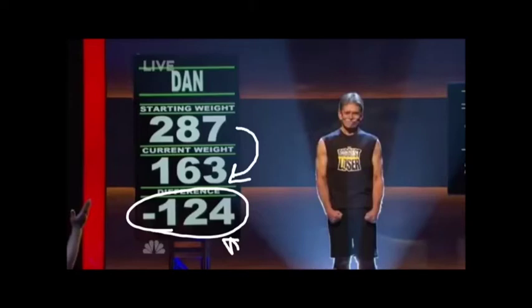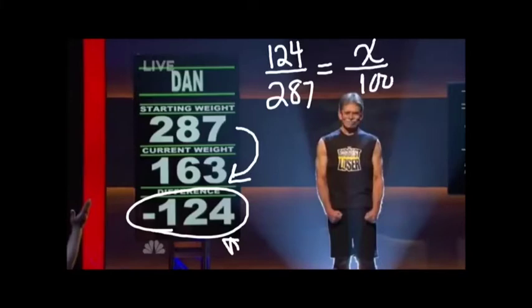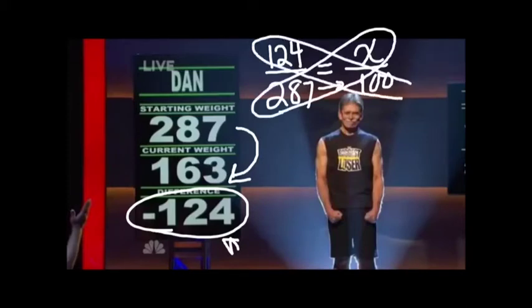To figure out this percent change, we take the change, the difference that is, so in this case it's 124, and we compare it to the original, which is 287. Then we calculate what that percentage would be. When we calculate percentage, we're basically looking for how much out of 100%. So we compare the original to 100%, and then we calculate this x value. We are really good at solving proportion problems because we have the power to cross multiply. So when I do that, sorry Dan for writing over you, we get 287x is equal to